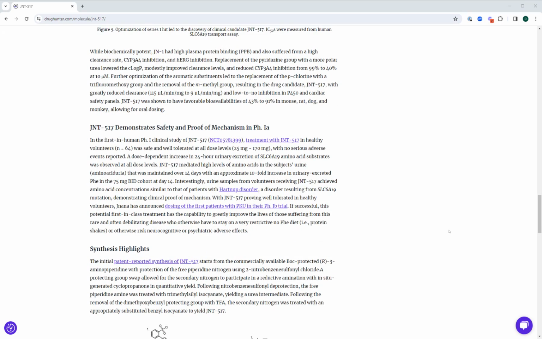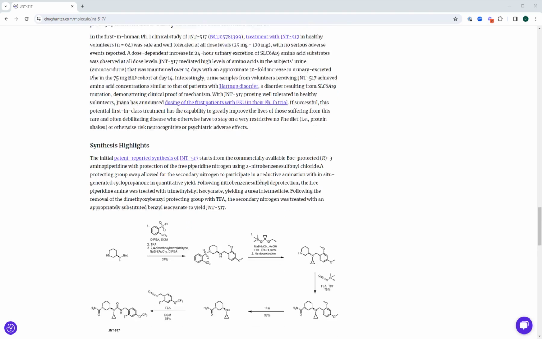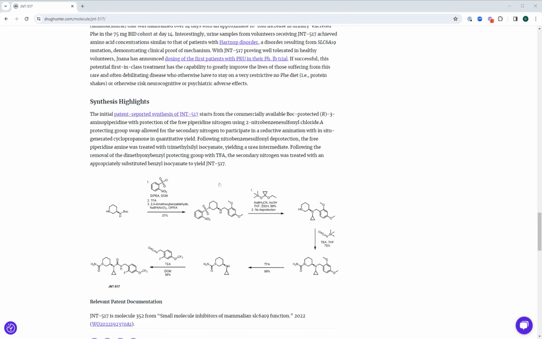For compounds that are at the clinical development stage, we will also put in some clinical information to just briefly give you an overview of any interesting pharmacology or toxicology that did occur during those clinical studies. We'll piece together the synthesis. In this case, as I mentioned, it is from first disclosure, so we piece together the patented synthesis that will quickly help you understand if you want to include any of those pieces or functional groups in your molecule, so you get some synthetic inspiration and get an idea of what kinds of yields you can be expecting.